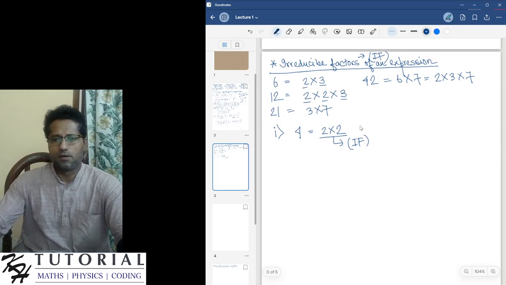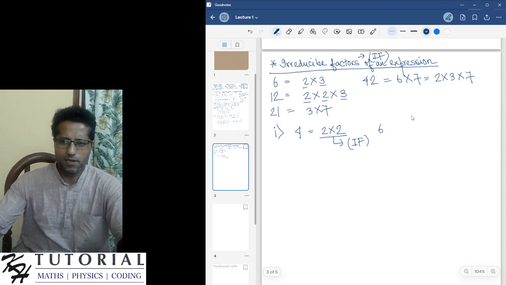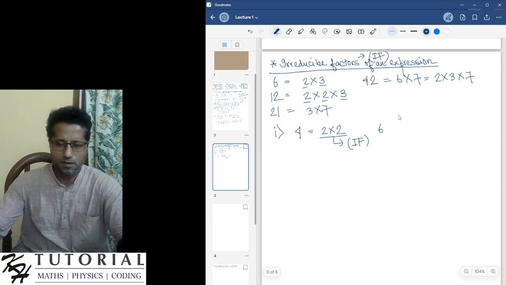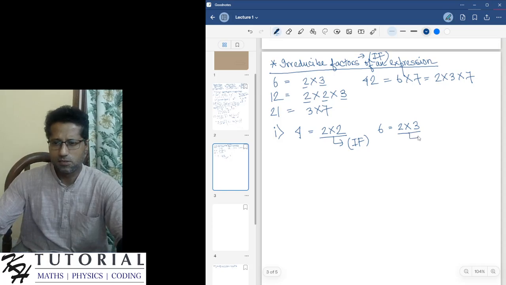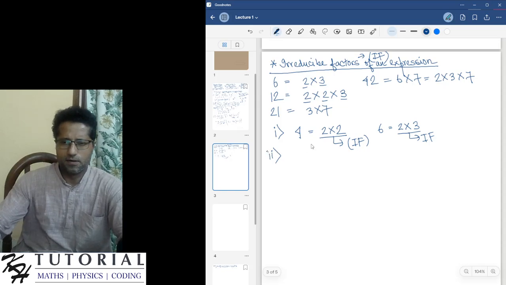Now, similarly 6 is not an irreducible factor, because we can further express 6 as the product of 2 into 3. So this form, that is 2 multiplied by 3, is the irreducible factor. So this was a very simple example where it is a constant term. Let's say